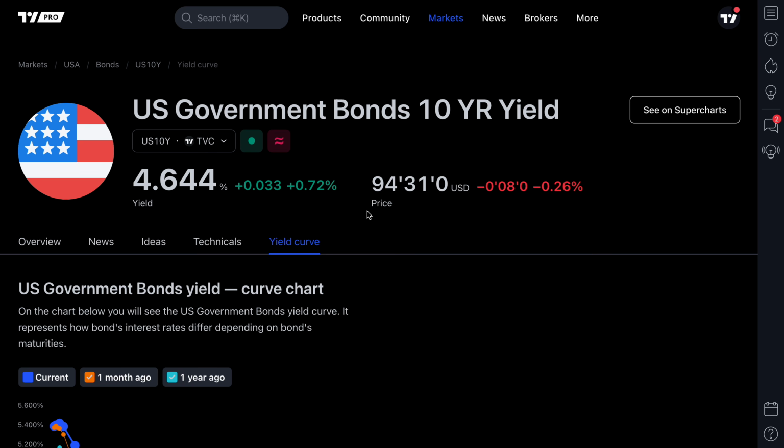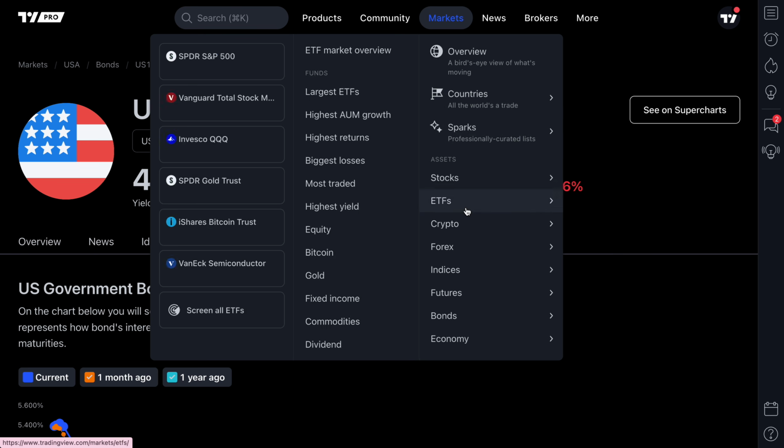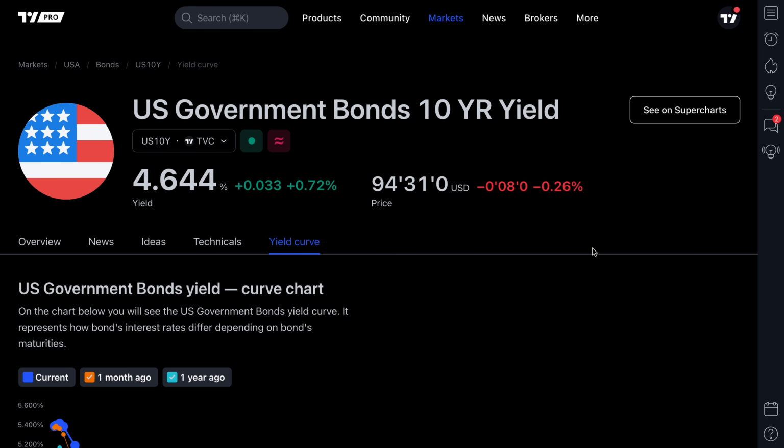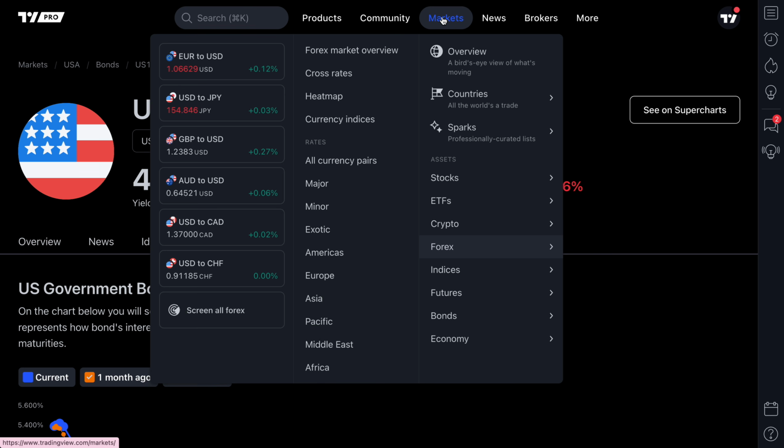Traders, check this out. We've got some new features in the yield curve space to show you for all things government bonds, but also for various futures contracts as well. We're going to show you all of that right now. But the first thing, if you're on TradingView.com, you go up to markets, you can see just how many markets you have access to the second you log into your TradingView account.